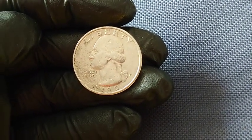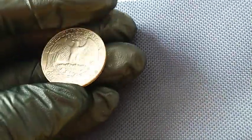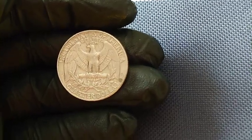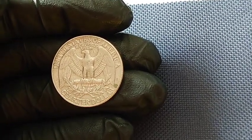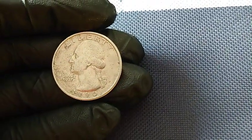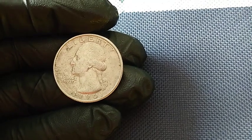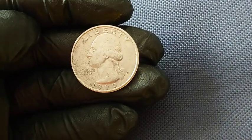And this journey through the intricate world of minting accidents, double strikes, off-center misprints, planchet errors, die clashes, rare composition anomalies, and all the hidden possibilities that elevate a coin from mundane to museum-worthy begins right here with the iconic and elusive 1990 P Washington Quarter, a coin minted at the Philadelphia Mint with the now famous P